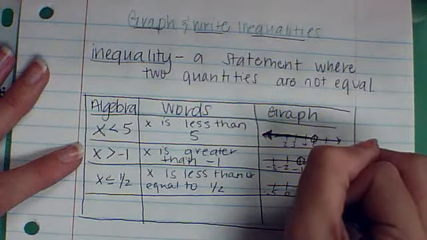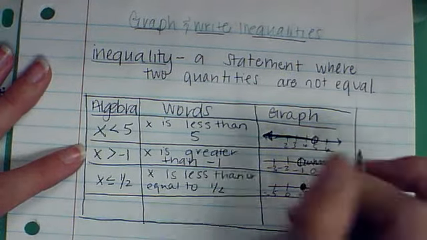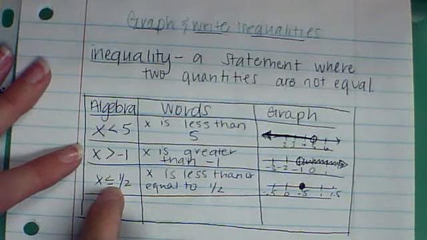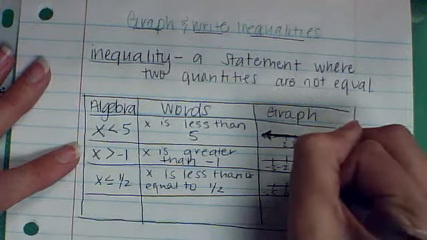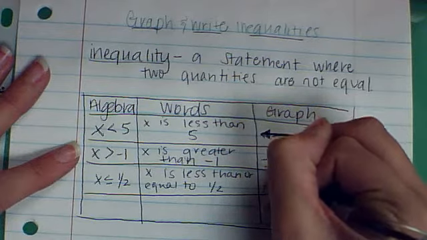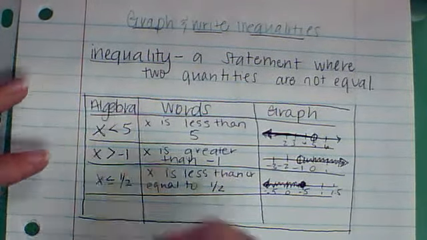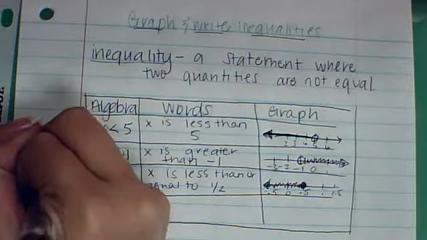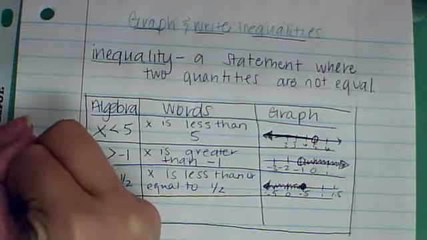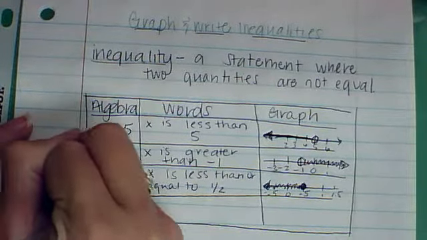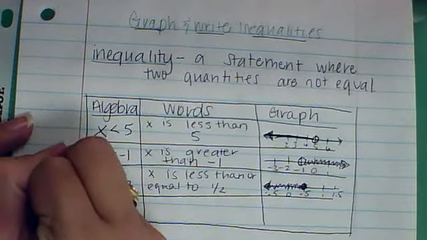I'm going to put a closed circle there because when there is a line under, I do a closed circle. And values less than that would be like 0, negative 1/2, negative 1, negative 1.5, and on and on and on. If there is a line under the inequality, color in the circle